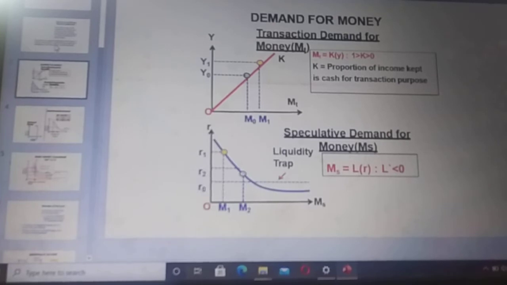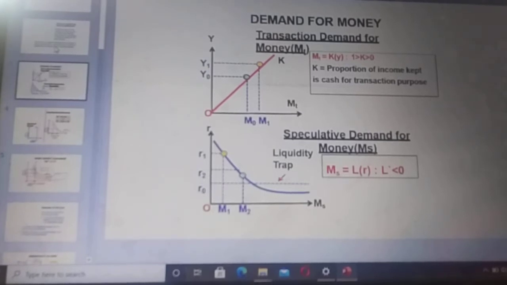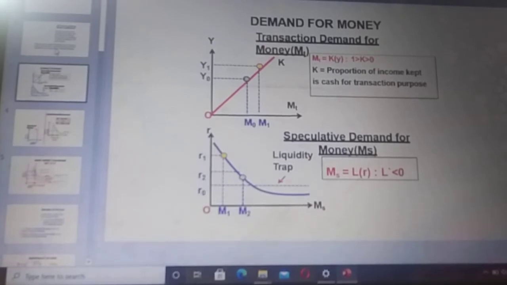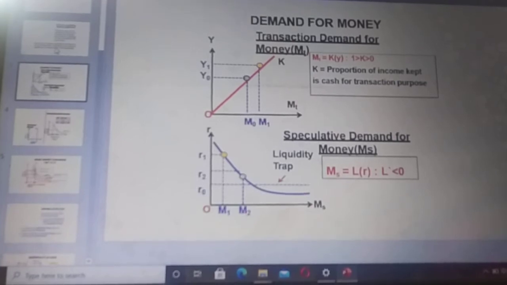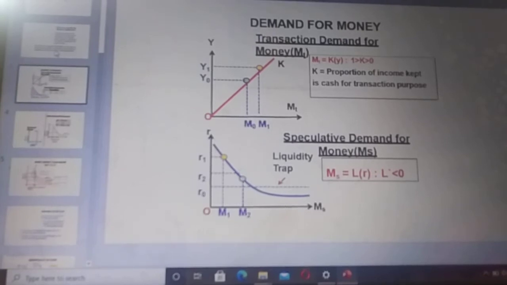In the first graph, we are seeing the relationship between the income and the money demanded by the people, and we see that there is a positive relationship between the two. That means with the increase in the income level, people will start demanding more money in the market, because now they are able to invest or consume more. The more income for the people, the more money they are going to demand from the financial institutions, because now they can afford to spend or consume more in the market.